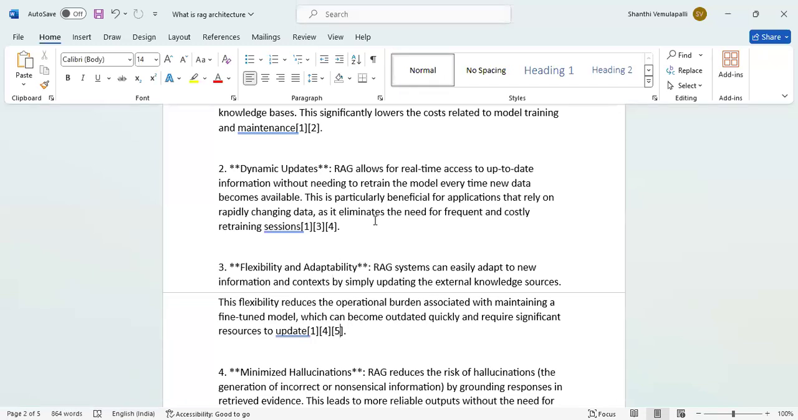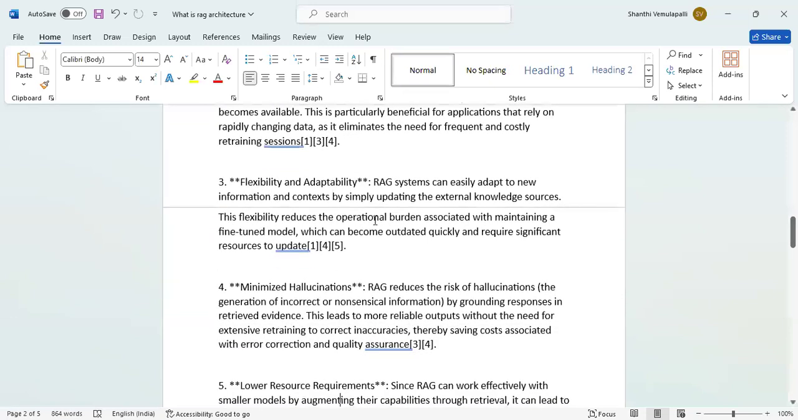Okay. Then flexibility and adaptability. RAG systems can easily adapt to new information and context by simply updating external knowledge sources. This flexibility reduces the operational burden associated with maintaining a fine-tuned model, which can become outdated quickly and requires significant resources to update. Now, if you are not using RAG or old before RAG,